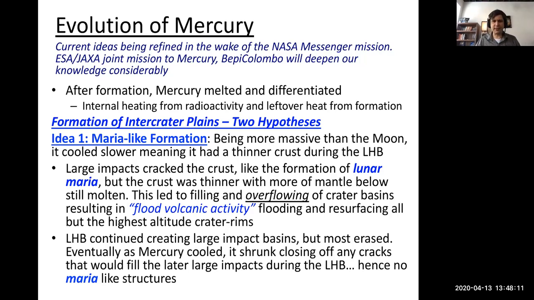And what would have happened then, just like with the moon, we would have had a lot of volcanism, except this would have been planet-wide, not just on one side. And it having a thinner crust, it would have been a lot more magma coming up to the surface. So it would have filled the impact basins and then overflowed them, running lava over a large swath of Mercury's surface, where it just couldn't go over other crater rims, having a giant flood volcanic activity, as we call it, which then it would have cooled and solidified, much like it did with the moon, except it wouldn't be contained